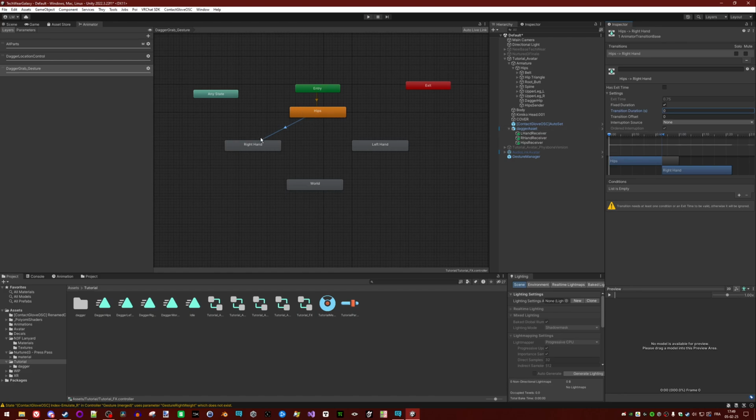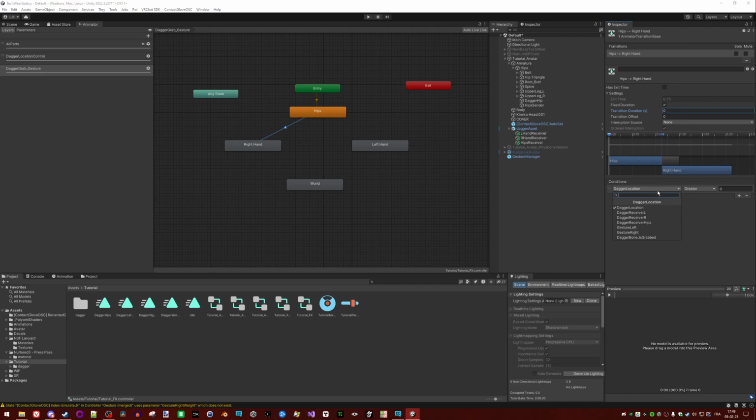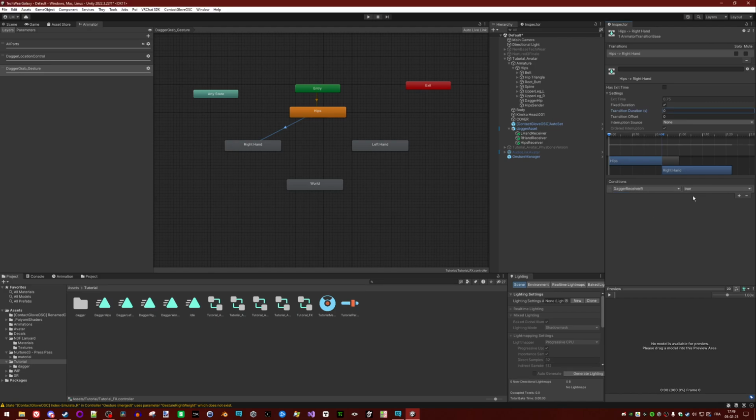So from the hips to the right hand, we want the dagger receiver R to see the right hand, and we want the gesture right to be equals to 1. 1 is fist, 2 is open. I forgot to mention it, but yeah, gesture right equals 1 means the gesture is a fist, and dagger receiver R true means that the dagger can see the right hand. Same thing for the left hand, of course.